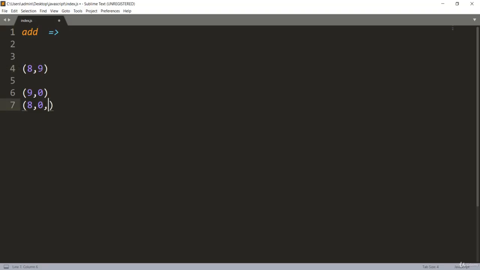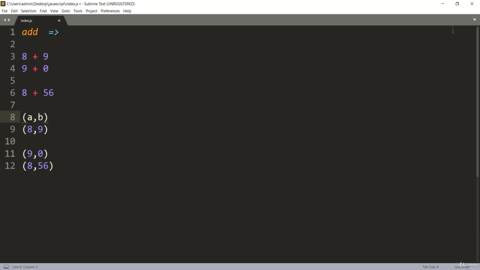So if I say add, let me say for 56, you are just calling the same method, doing something like 8 plus 9. If I say add 8 and 9, in the second case you'll do 9 and 0, in another case you'll do 8 and 56. So what you are doing over here is taking the arguments and doing the addition on both of these arguments.